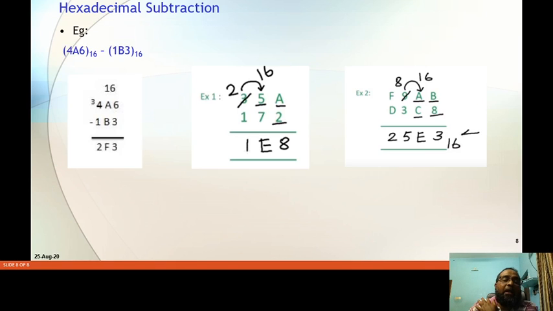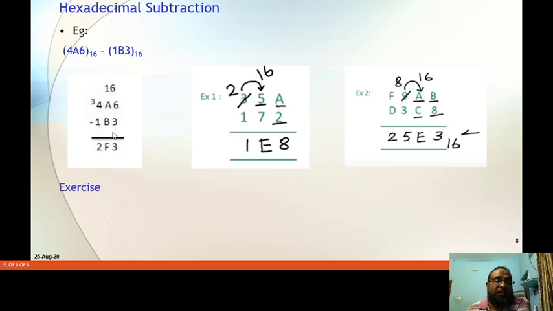And again the subtraction, hexadecimal subtraction. So what to do? You have to subtract the numbers. If a small number is subtracted from a bigger number, then there is no issue. But otherwise there will be an issue, and you have to take the borrow. The borrow here in the hexadecimal case is 16.